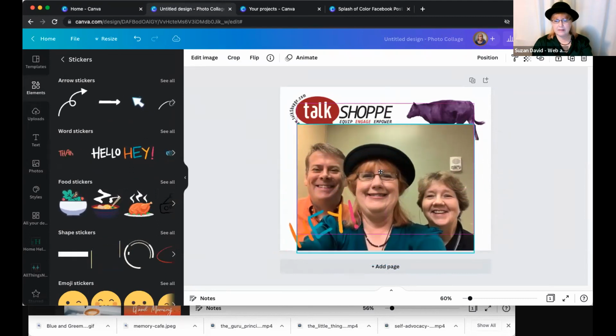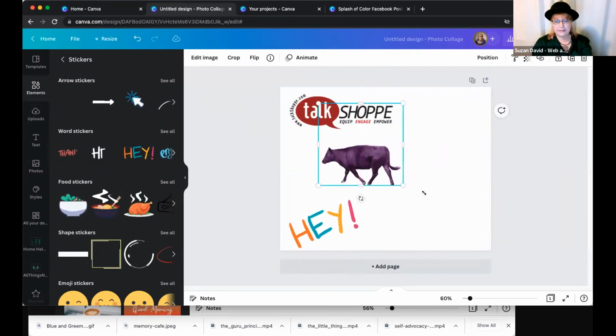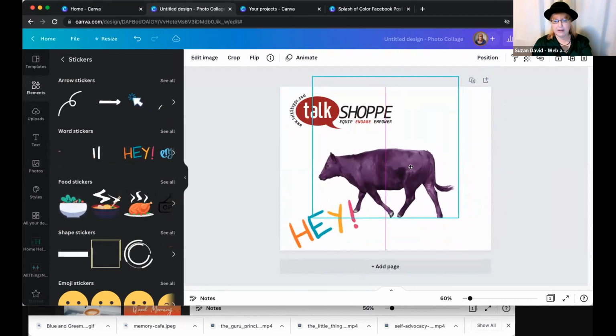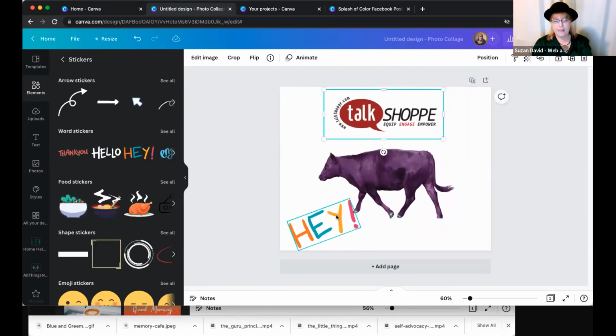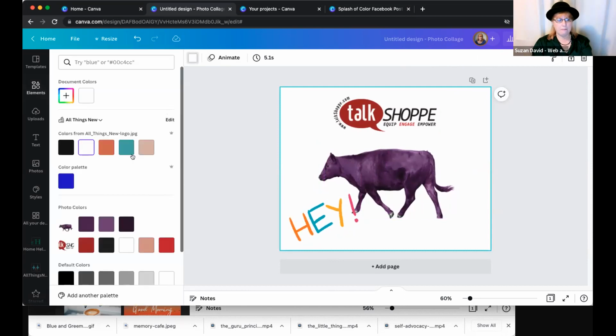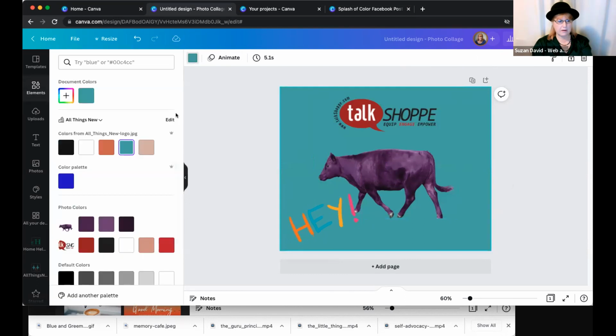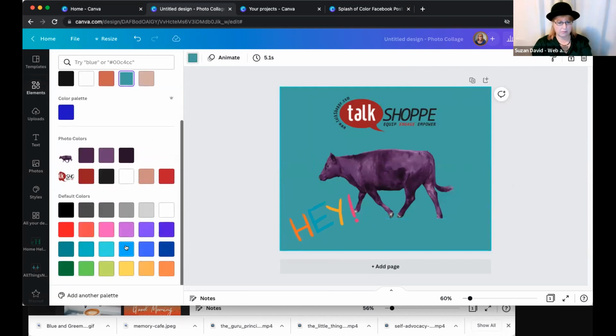So let's take this oogly picture here. Let's not make it so oogly. We aren't ugly, it just happened to be that. So here we've got a purple cow. Okay, so let's say we wanted to, oh, that's not going to work because one of the colors doesn't show. Let me go to,